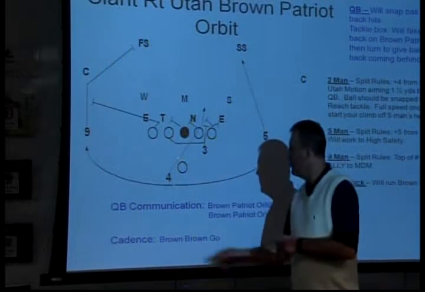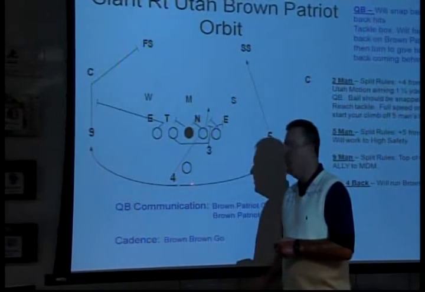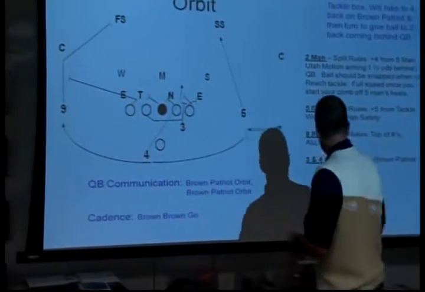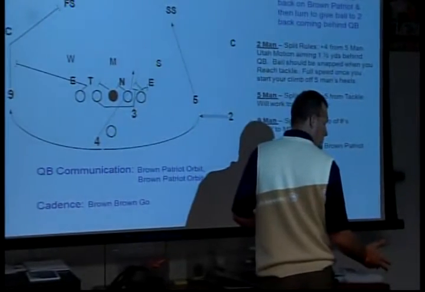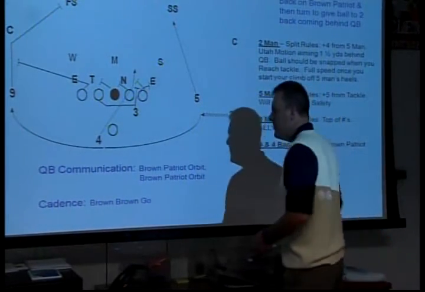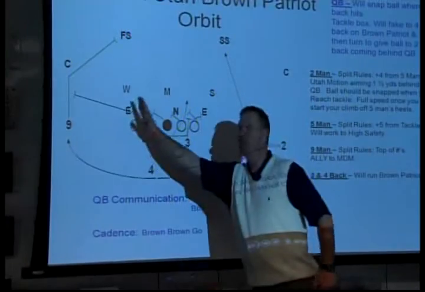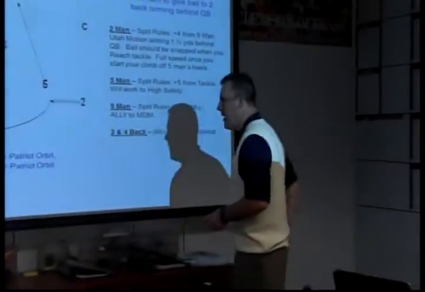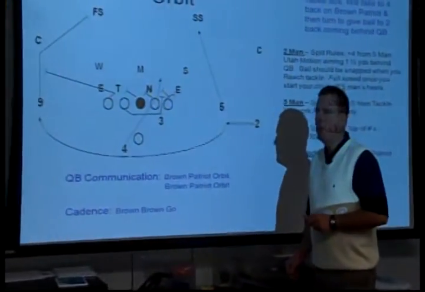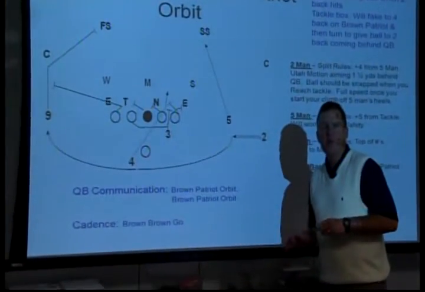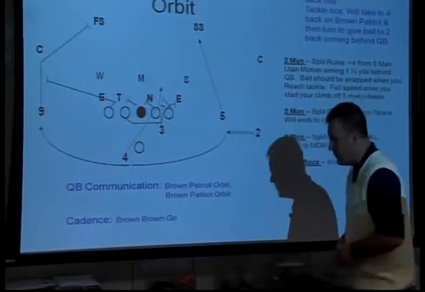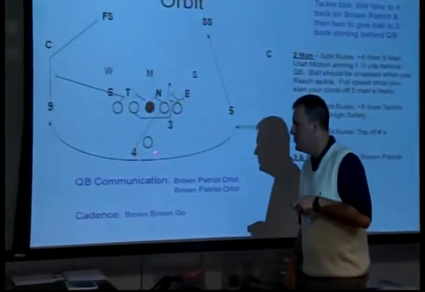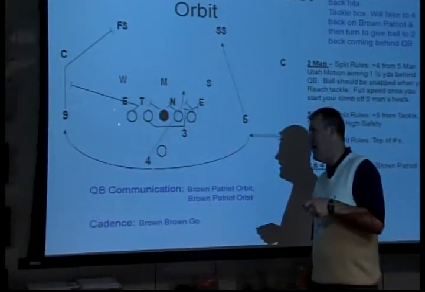We really want to be pushing the gray area once we carry our fake out here. So once we fake to the 4, we want to turn and have you right here on us, almost coming down the hill. So really hug that area of turning up the field. We don't want to have to come back to you. We want you to be right off the quarterback's tail. That is a little bit different from the other fakes that we carry out, because we do want you to be a little bit further back. But on Patriot orbit, we want you to hug us up tight and keep it flat as you come down the line